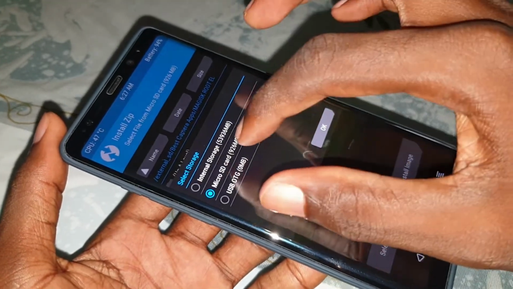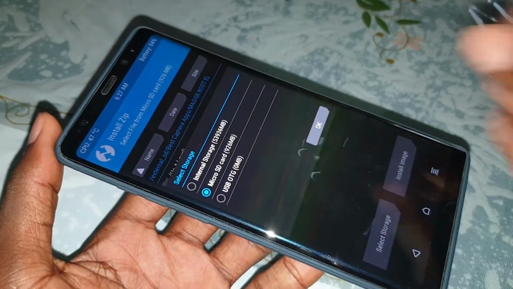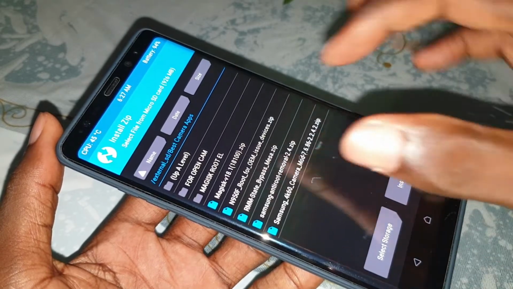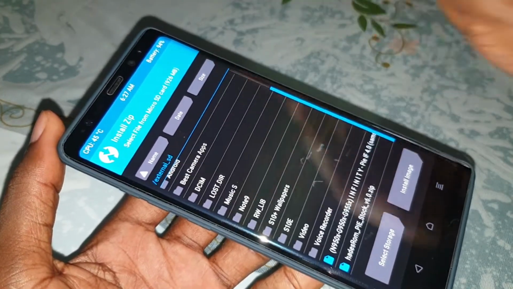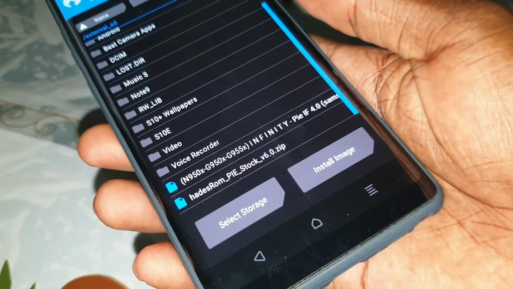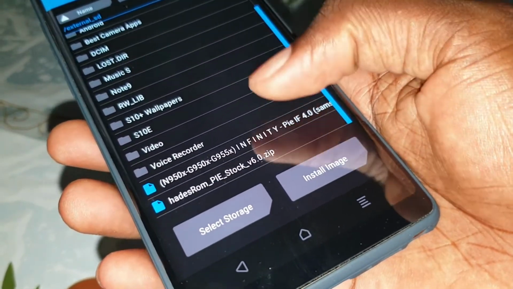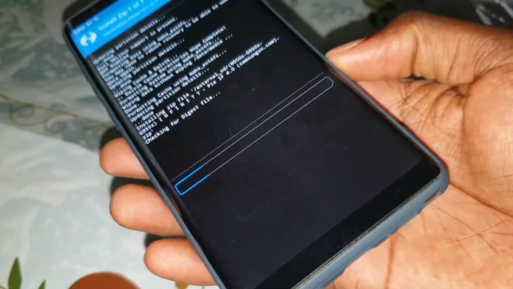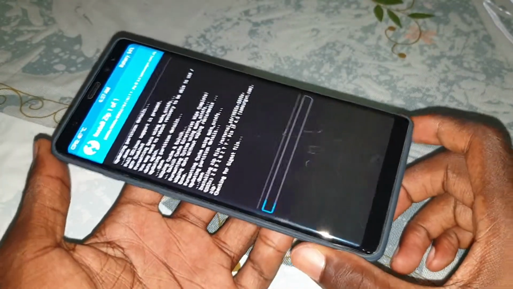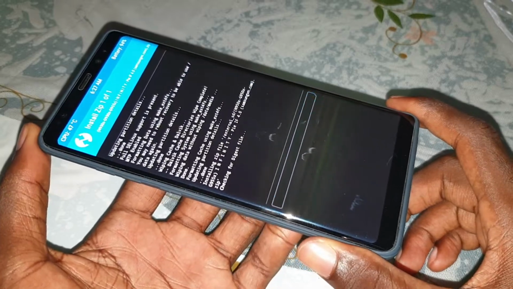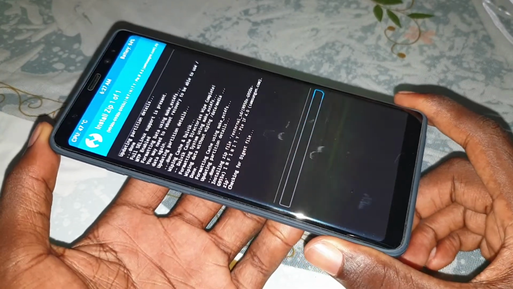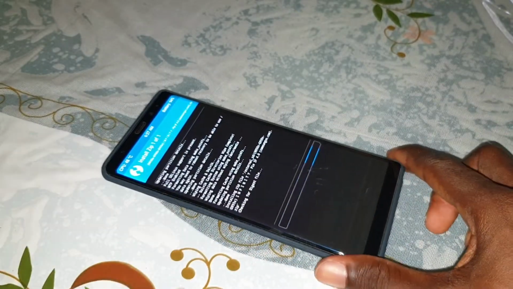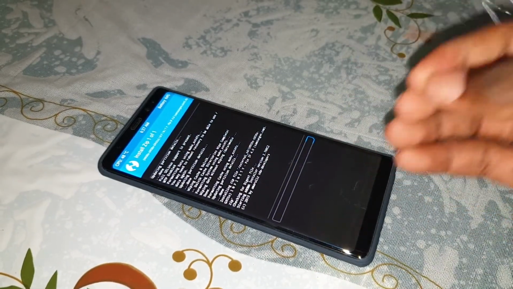Select storage. Micro SD. Select micro SD like that. And locate your ROM right now. Locate your beautiful ROM. Okay. Your ROM is here. Wonderful. Open this. Infinity version 4. And get ready. Wonderful. As you see, it's working. Okay, wait a few minutes for the opening of this beautiful ROM.